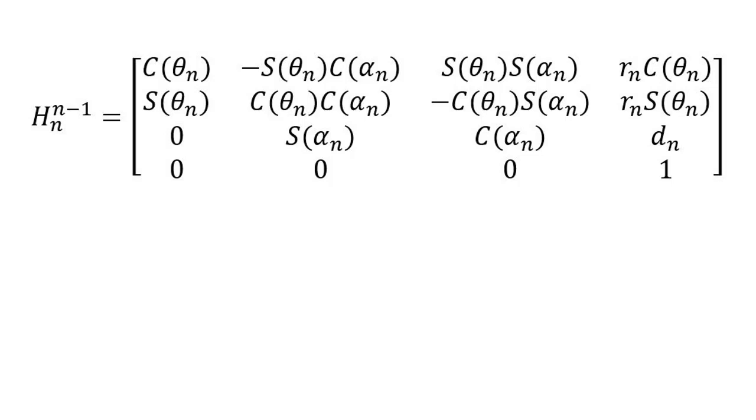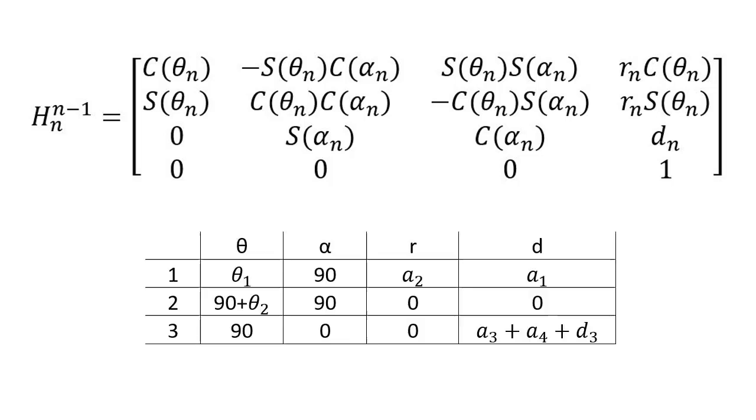Once you have the complete Denavit-Hartenberg parameter table filled in, finding the homogeneous transformation matrix is super easy. All you have to do is take the standard form shown here on the screen and fill in the values for each row of your parameter table. Then you multiply the matrices together to get the complete homogeneous transformation matrix from the base frame to the end